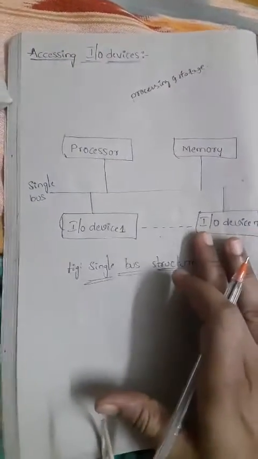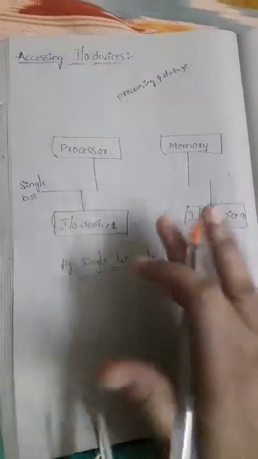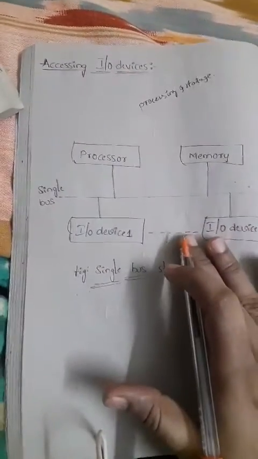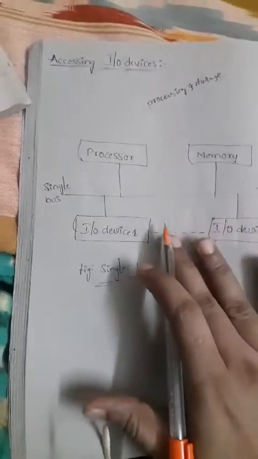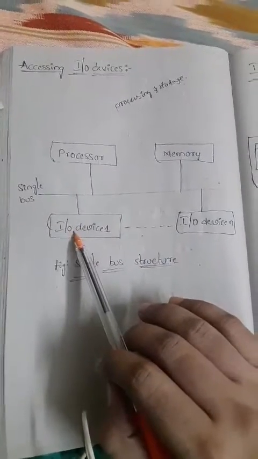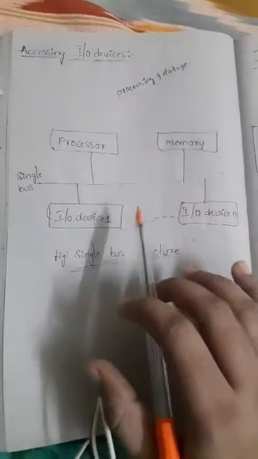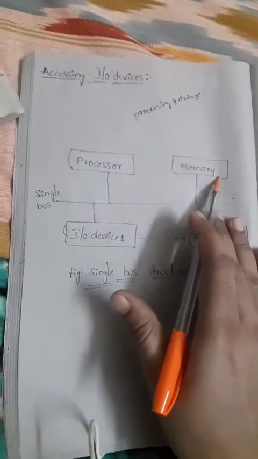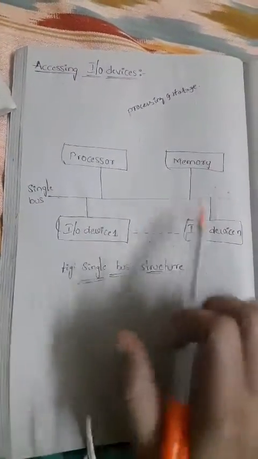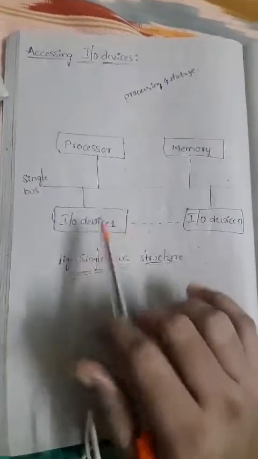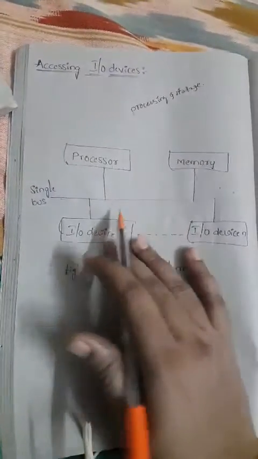In this particular class, I am going to speak about the interaction between the set of input output devices with the processor and main memory. How will it happen? Now we'll see. The internal communication between the input output devices, which are in the outside world, and the processor and main memory will happen with the bus. The input output devices, processor and main memory will be connected with the bus.